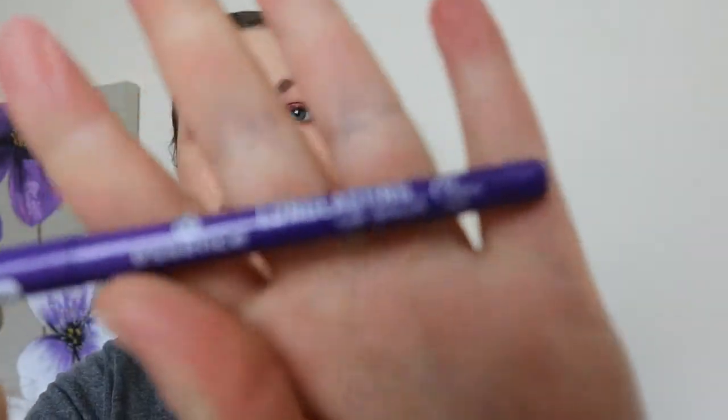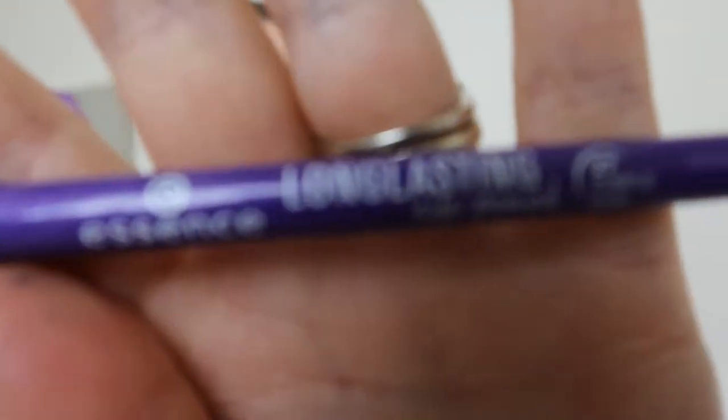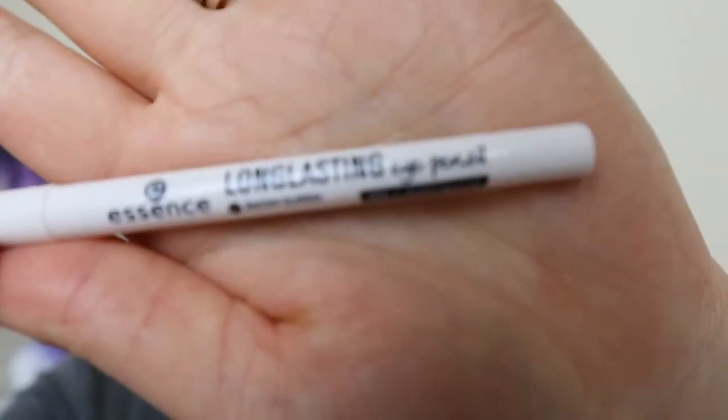Next, it's 2 items, but it's the same sort of thing, and this is the other Essence thing I'm going to talk about. So it was eye pencils. So I've got one in the shade Purple Rain, and then I've got one in Snow Queen, which is obviously a white. So I've got purple and a white. I bought them to use them in my waterline,